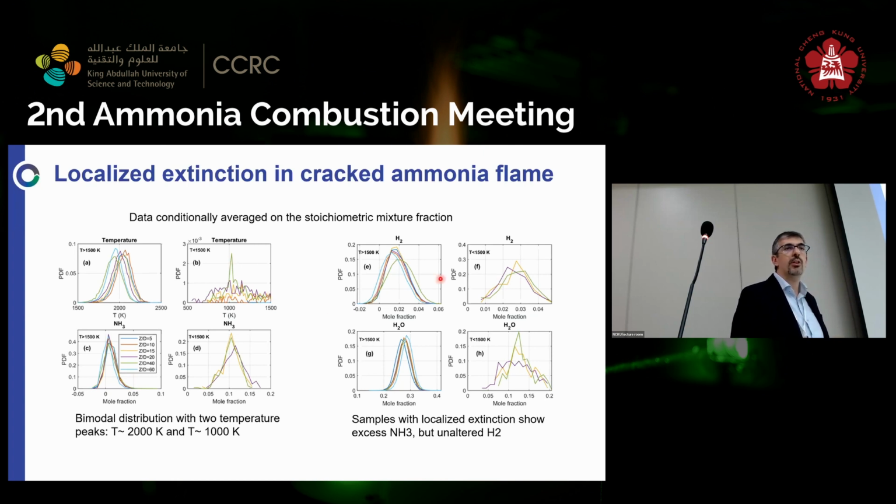Instead, if I look at the 14% cracking case, I have a bimodal distribution with a peak in temperature around 2000 Kelvin and a secondary peak around 1000 Kelvin. Looking at the composition, we see that the fully burned sample doesn't have any ammonia and has a little bit of hydrogen, about 2% of hydrogen. In the unburned region, where localized extinction happens, the temperature is now about 1000